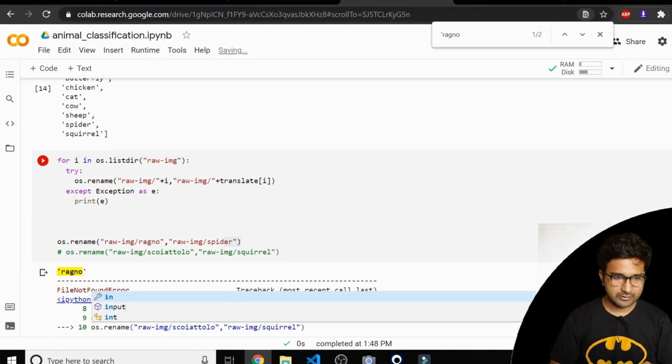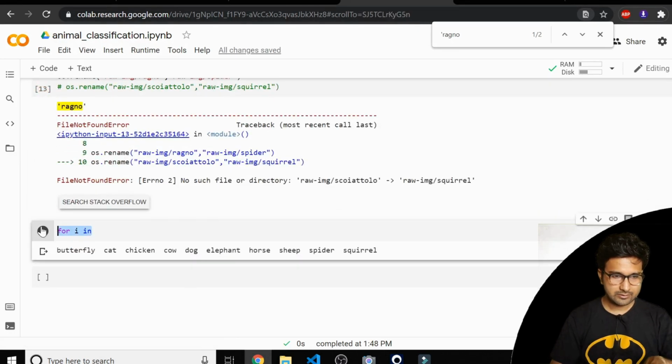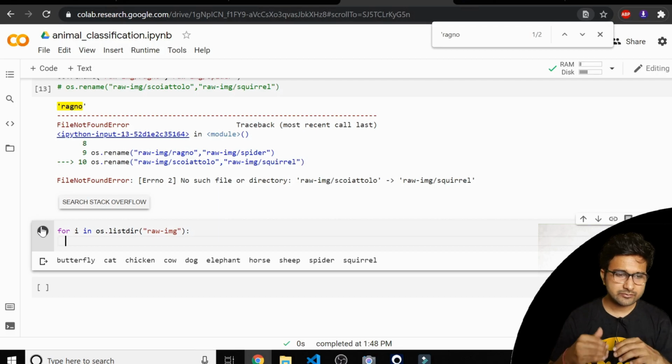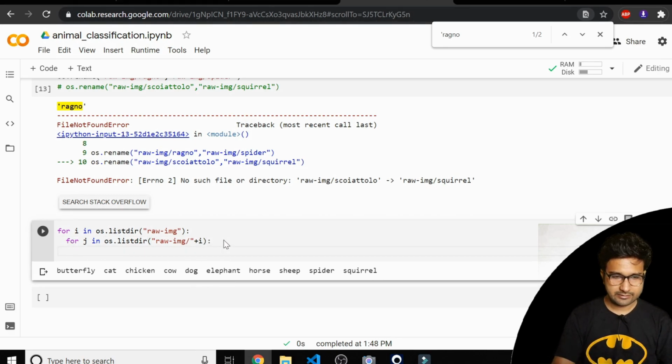I'll just copy the code from here to down there. Now for each individual directory we wanted to check how many files are there. So we'll do for j in os.listdir plus a slash over here, i. What it's going to do is go inside each individual folder, and there we will print out the length of